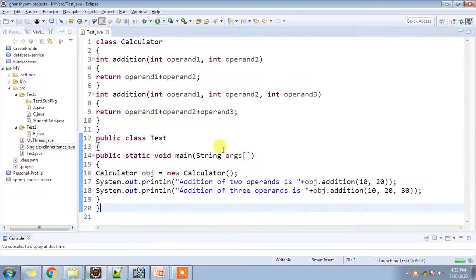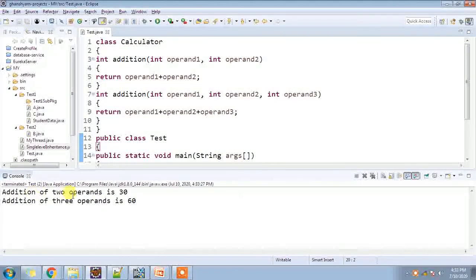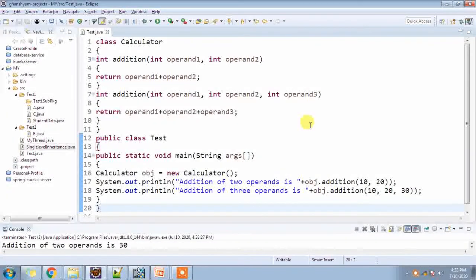If we run it, we will get the output: addition of 2 operands is 30 and the addition of 3 operands is 60. So this is the example of method overloading. We have also discussed one point, that the return type of a method does not matter in overloading. So let's see that point as well.